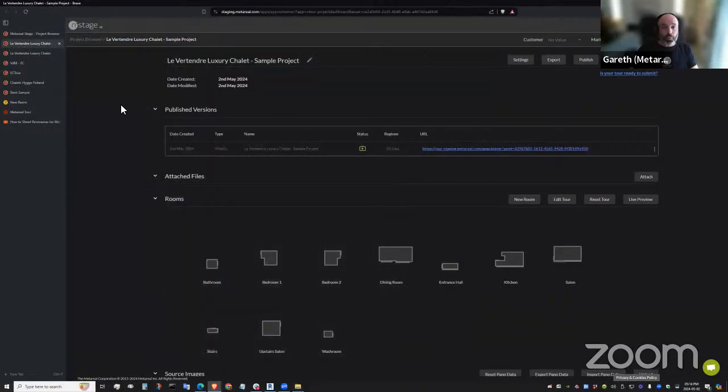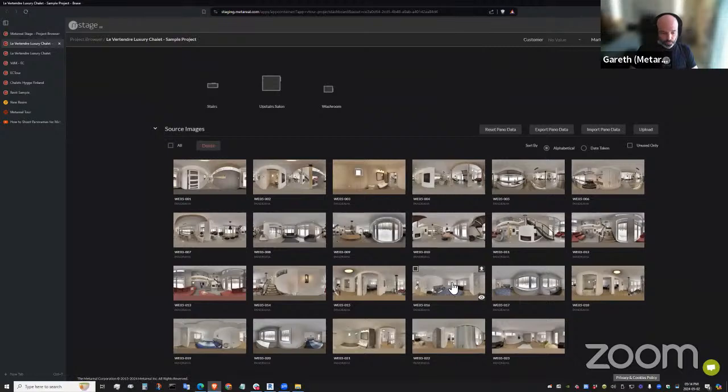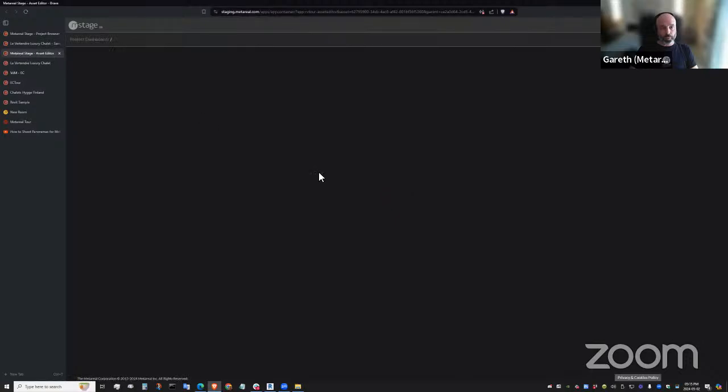In fact, I've probably covered the dashboard pretty well and the tour editor. I'm going to jump right into showing you what reconstructing a room looks like if you want to do the DIY workflow. So I'm going to pick these two panoramas. I can see the bed, so they're obviously the same room. I'm going to create a new room using those two panoramas. It's going to open in a new window there.